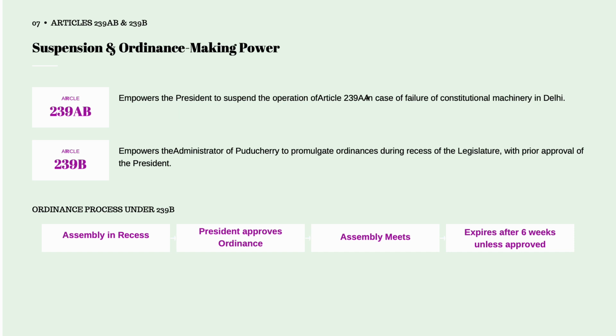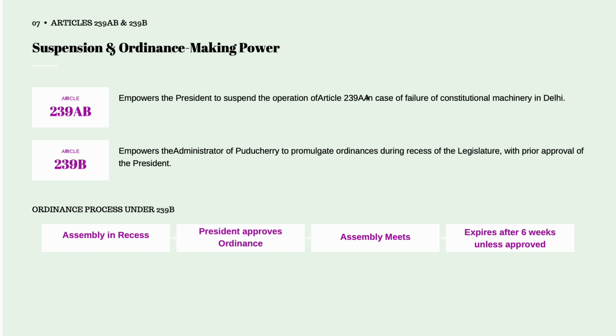Once the assembly reconvenes, within 6 weeks they have to approve the ordinance. If not, the ordinance will cease to exist. So we talked about that yesterday. It's the same with the administrator of Puducherry. Okay, he can promulgate ordinance during the absence of the legislature, with prior approval of the president. Now this ordinance, once the